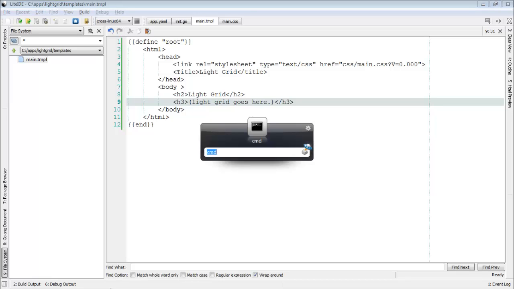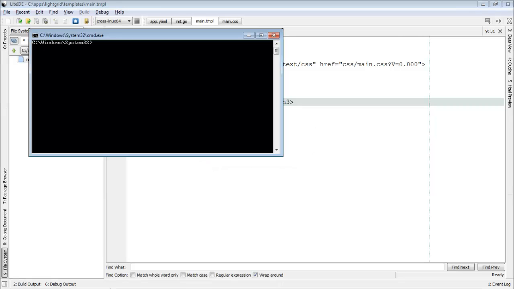Having done that, to update the app so we can actually see it on the web, just go into our command window, go to whatever folder you're doing it in. I'm doing it in the apps folder, so like you can see here, it's C drive /apps /lightgrid. It's enough to just go to your apps folder, the folder before the actual program. And in your apps folder,